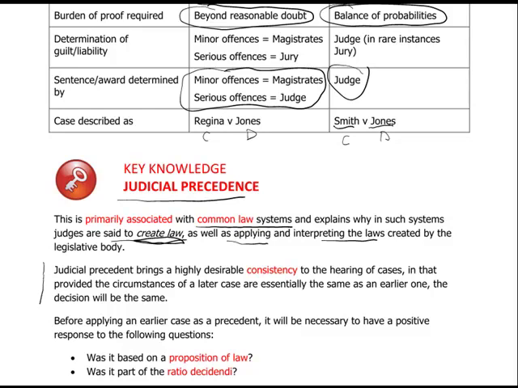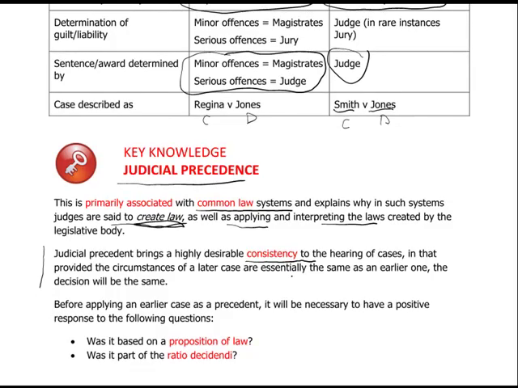Positive thing about that is it means that there's hopefully a high consistency in your law, because lower ones must follow higher ones. So that's hopefully good. It hopefully positively means that law is done quickly as well. Instead of having to go through Parliament to create new law, a judge can be influenced by what he's reading and hearing and whatever in how to decide a case a certain way. That's an advantage, but of course there are disadvantages.